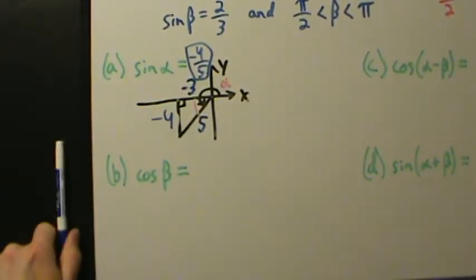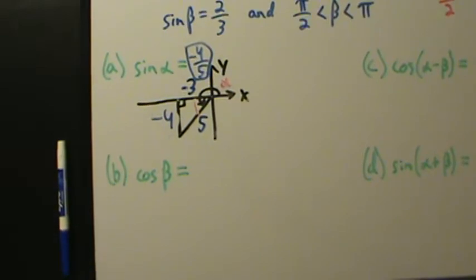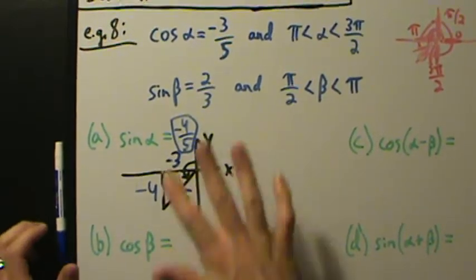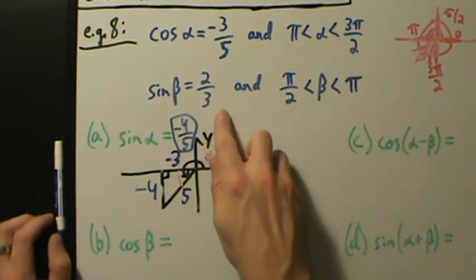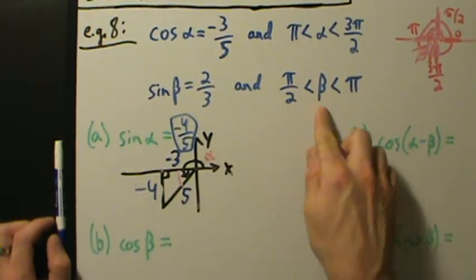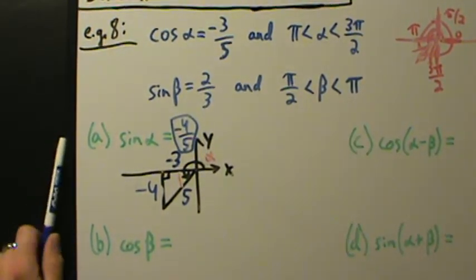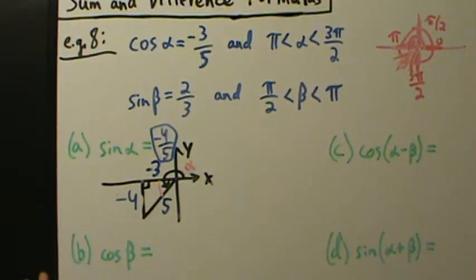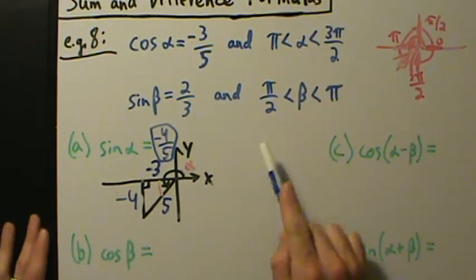So part B is pretty much going to be the same way, but now we have to use beta. So nothing about alpha, just beta. Sine of beta is 2/3, and pi over 2 is less than beta is less than pi. Okay. So again, just like before, we have to know which quadrant beta is in, and this tells us right